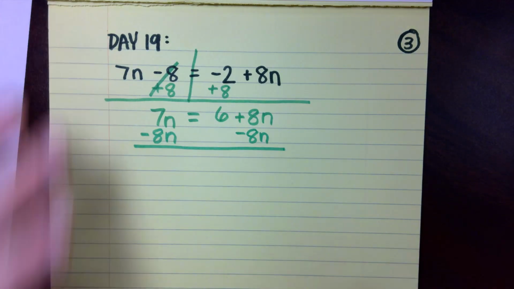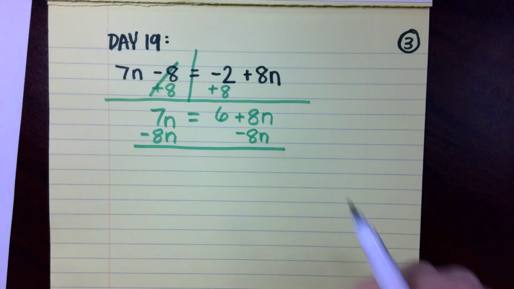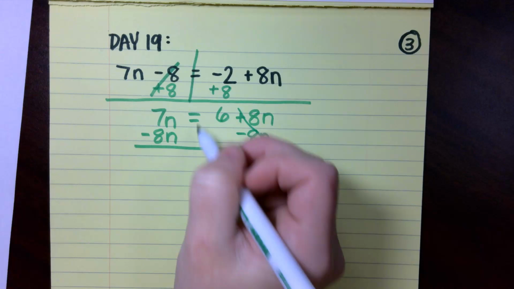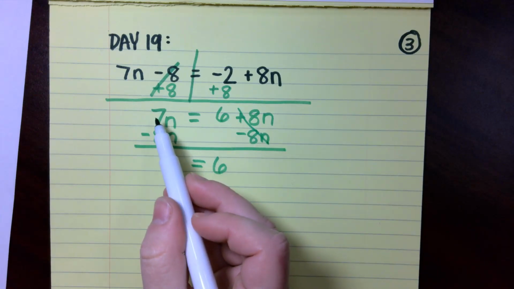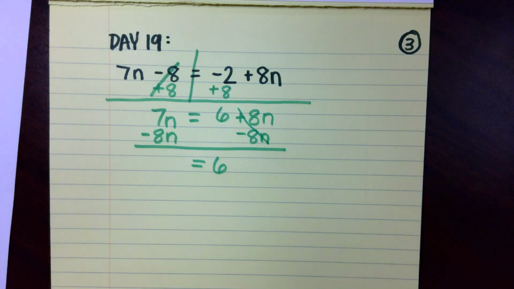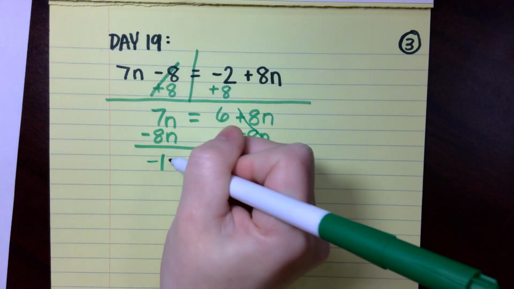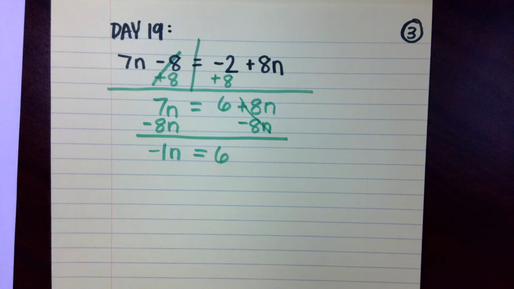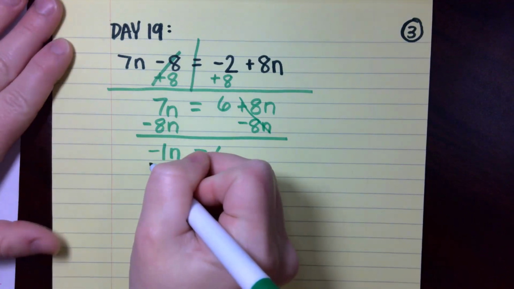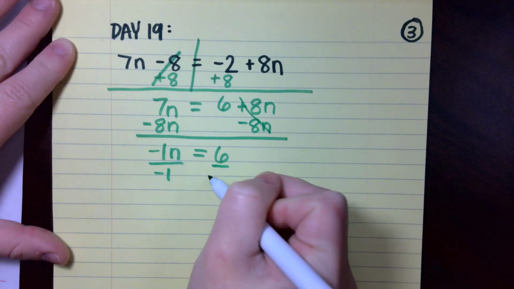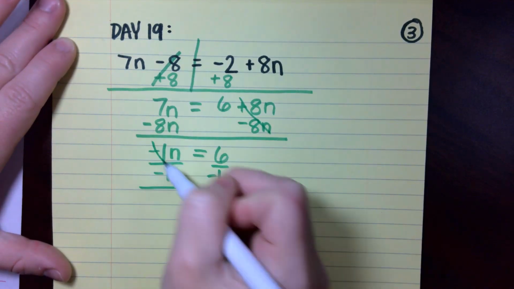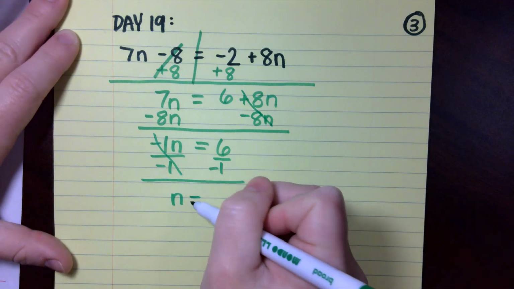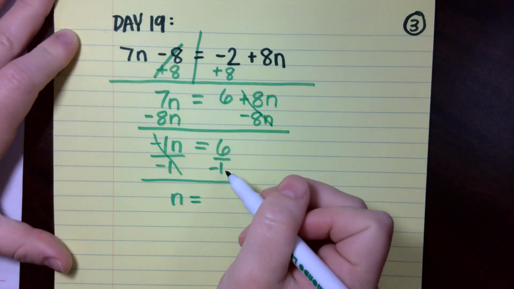All right, what's going to happen with my 8ns? They cancel out. I'll bring down my 6 equals, and what is 7 take away 8? Negative 1. Yeah, now we have negative 1n. All right, what's our last step? Divide by negative 1. Yes, we want to divide by negative 1 on both sides. And the negative 1s cancel, which leaves us with n by itself equal to 6 divided by negative 1, which is